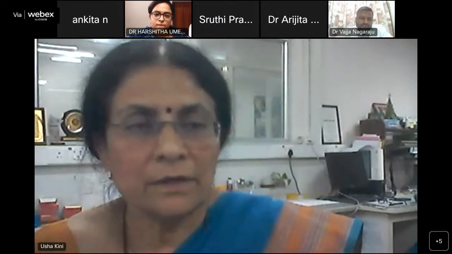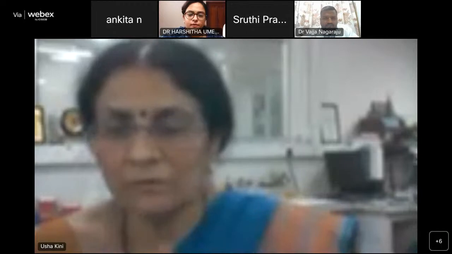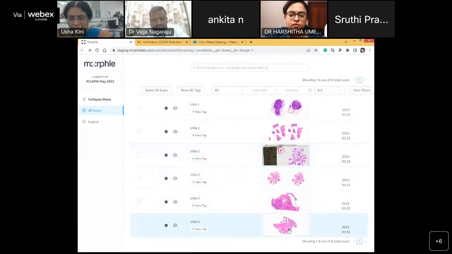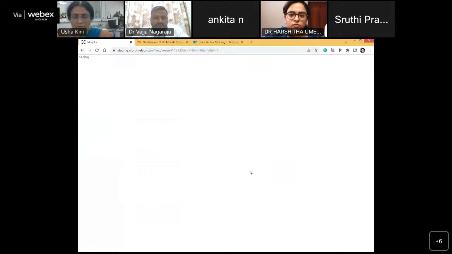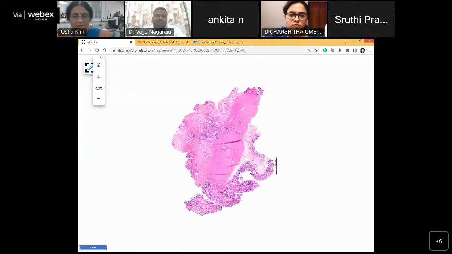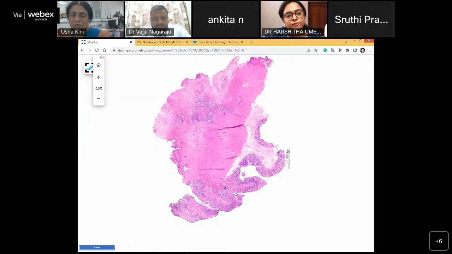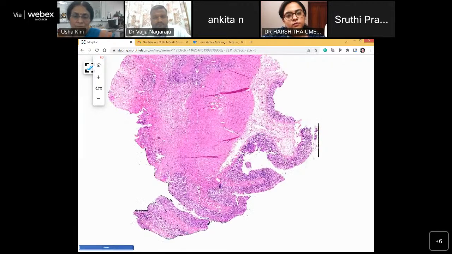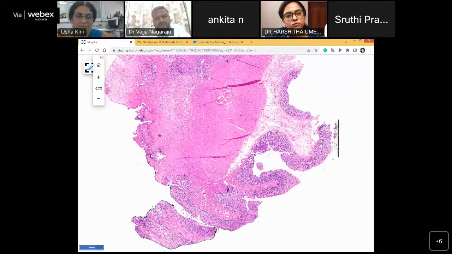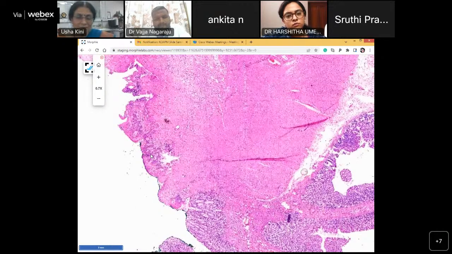A quick look at the slide. It's a big section from the resected specimen in a 10-year-old. That's how we had said. You have the colonic mucosa here. Can you see my pointer? Yes, ma'am. So as we see, this is the colonic mucosa with the submucosa, and it is coming down here. And what do you see here? Squamous epithelium. Exactly. You are right.